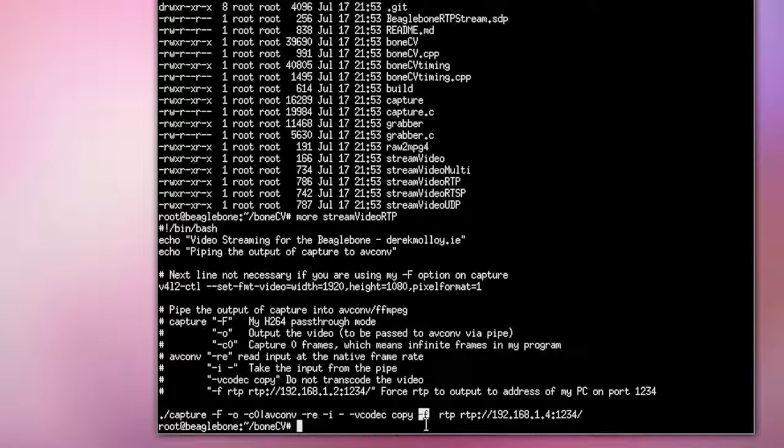-f then says that we are forcing it to be sent to an RTP stream. So we're forcing RTP output, and we're directing it to my computer, my PC, which is on 192.168.1.4, and chosen at random we're using port 1234. So we'll execute this and we'll see ./stream_video_RTP,